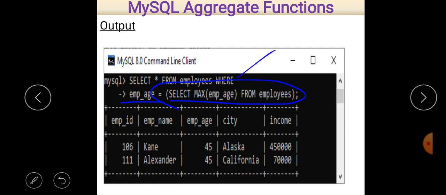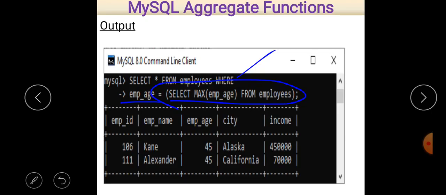In this case there are two queries, one is the main query or outer query, and the second is the subquery. When there are two queries, first of all the subquery will be executed, and whatever is the result of the subquery becomes the input for the outer query. In this case, employee age is equal to select maximum employee age from employees, that is circled, is a subquery. So first of all this query is executed, so we get a maximum age out of this, and that is a number of course.